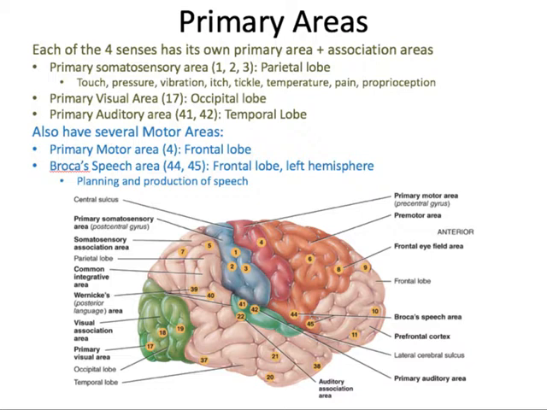We also have a primary area for your general body senses. So things that you can feel: touch, pressure, vibration, different types of pressure and touch, itch or tickle versus deep pressure. Somebody grabbing you, you would feel it differently. Temperature, is it hot, is it cold? Pain, does it hurt? And proprioception. Proprioception is a part of your body that can determine whether you're upright or laying down or slightly leaning off to the side. It's how we know our body's position in space. So all of those things are